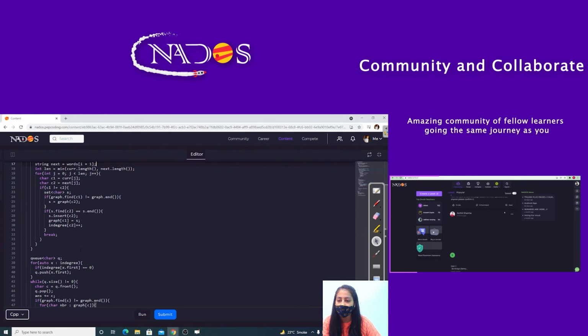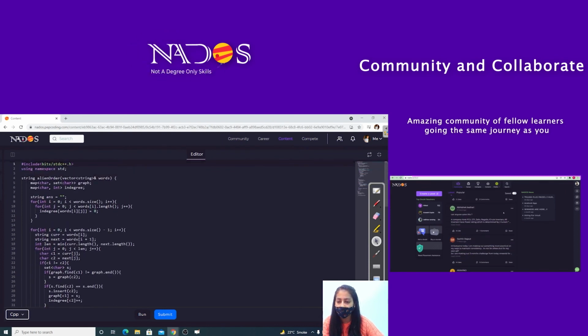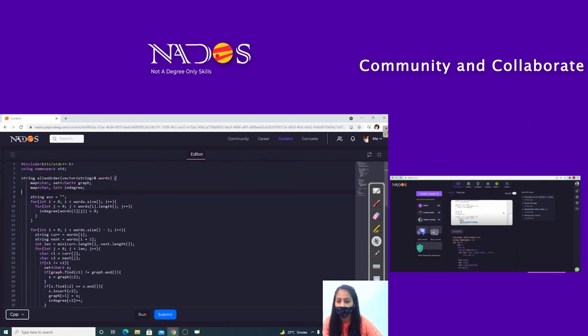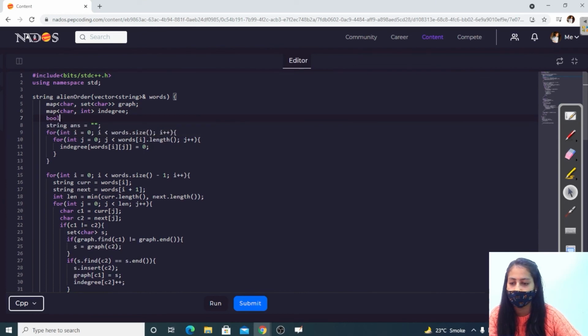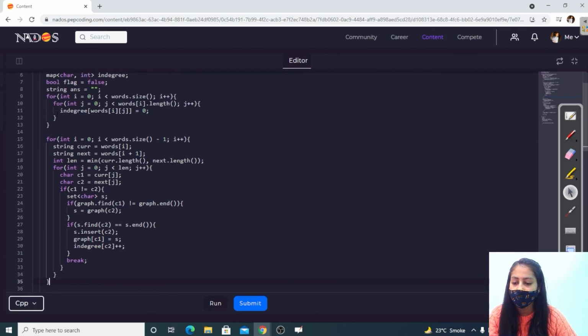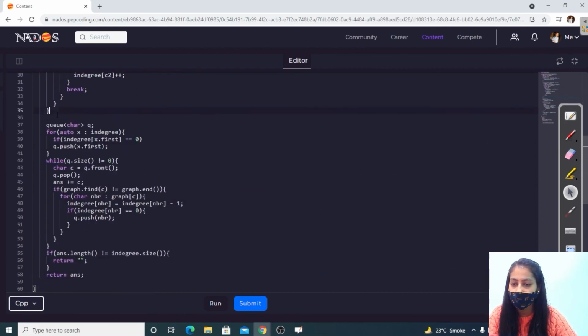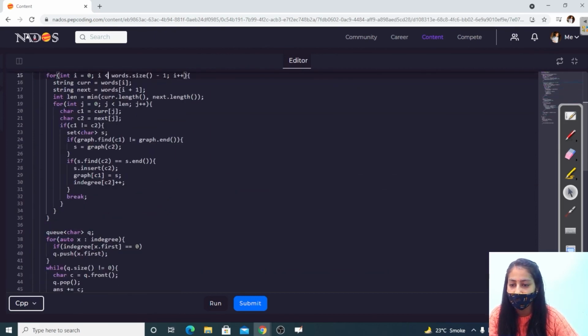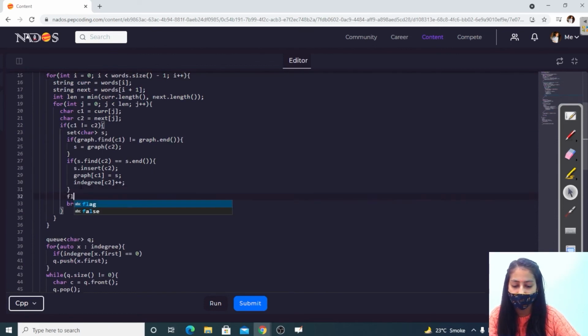So we have to handle this case also. For this, let's take a boolean flag here and initially mark it false. If we find the mismatch character, we mark this flag as true.